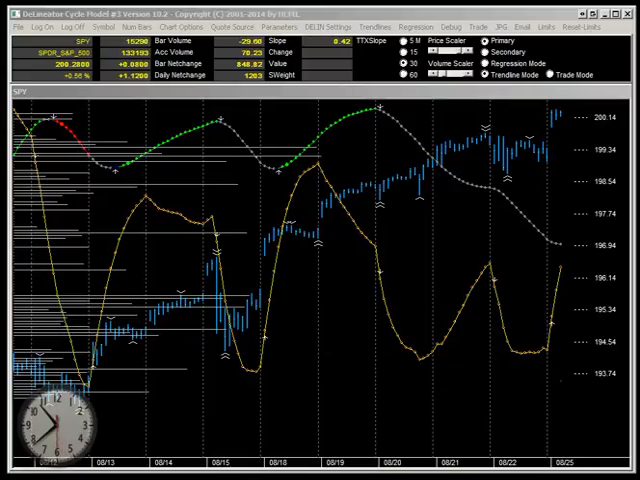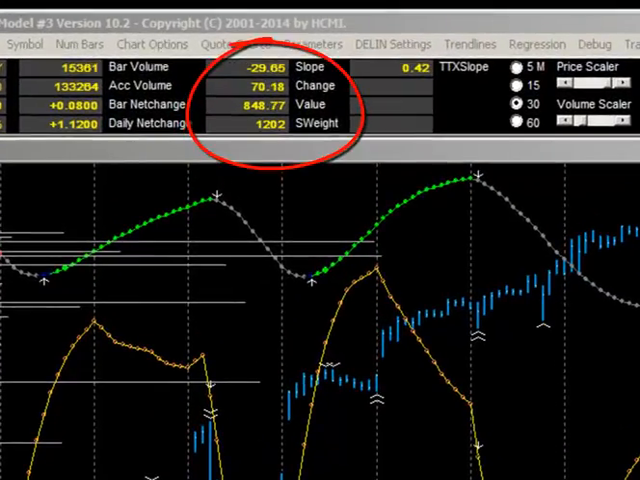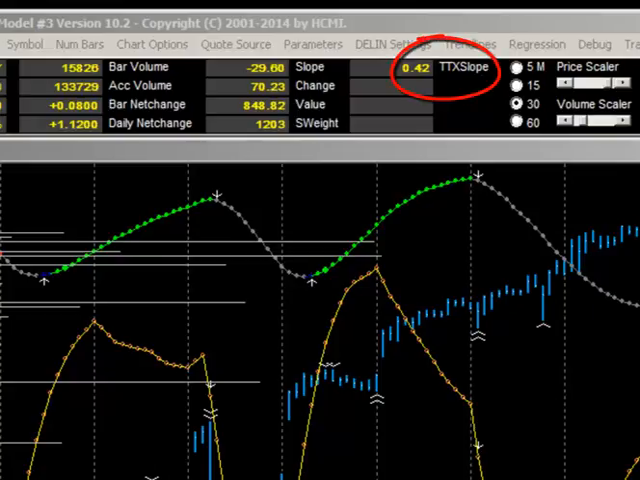So we see here that it's about 20 minutes to 11. It's Monday, August the 25th. And let's look at our numbers. We see that the slope is minus 29 and that the change, which is the change in the value of the slope from the prior bar to the current bar, is plus 70, and that's a direct measure of momentum. And that TTX slope, which is the time until the next slope change in bars, is less than 1 at 0.43. So provided signal weight remains positive here at plus 1190,